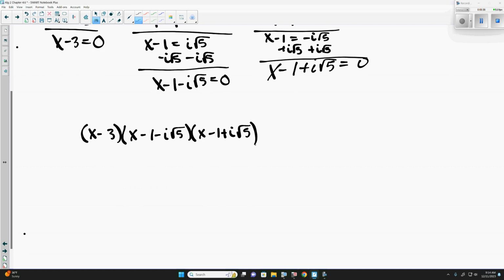And once we get them equal to 0, we're going to multiply them together. Now, if we actually had 4, we could do these 2 at a time. And what I mean by that is, let me get a different color. Because if I said I had x plus 3 in the front, I could just multiply the x plus 3 and x minus 3 and do our x minus 1 minus i square root of 5 times x minus 1 plus i square root of 5. We can do more than one multiplication at once. But since we only have one of them in front,